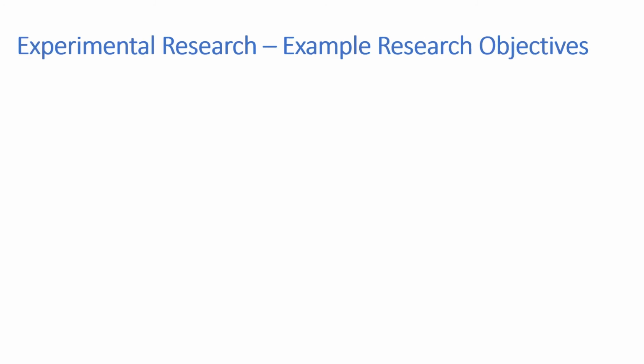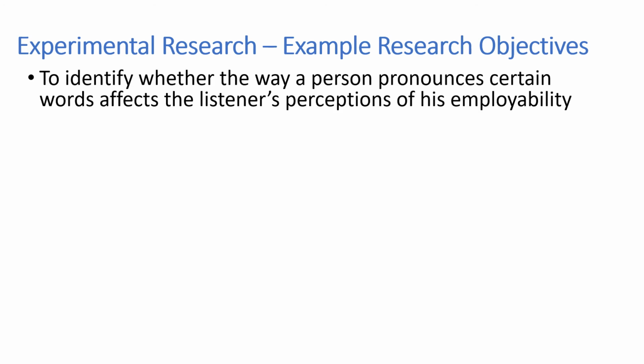Now that we've covered some basics about experimental research design, let's quickly look at some research objectives that could be addressed through experimental design. Let's start with the topic of pronunciation. For an experimental study, we want to look at a cause and effect relationship. So an example would be to identify whether the way a person pronounces certain words affects the listener's perceptions of his employability. So we may have to do an experiment or simulated type of interviews, and we get certain participants